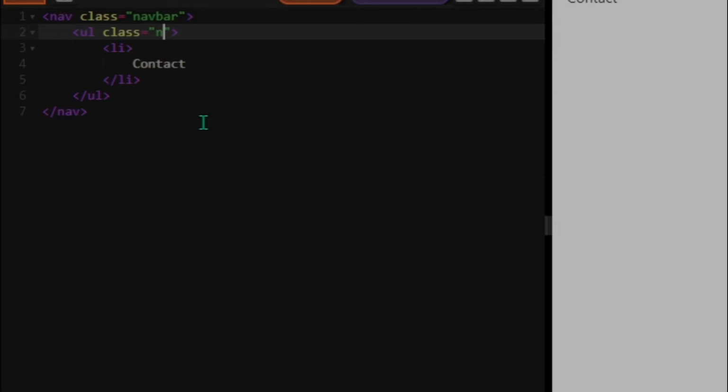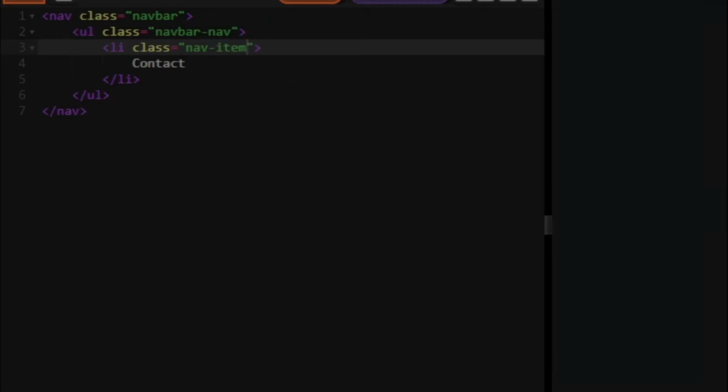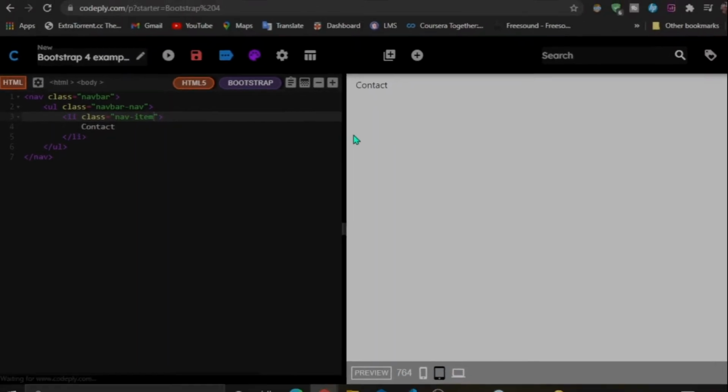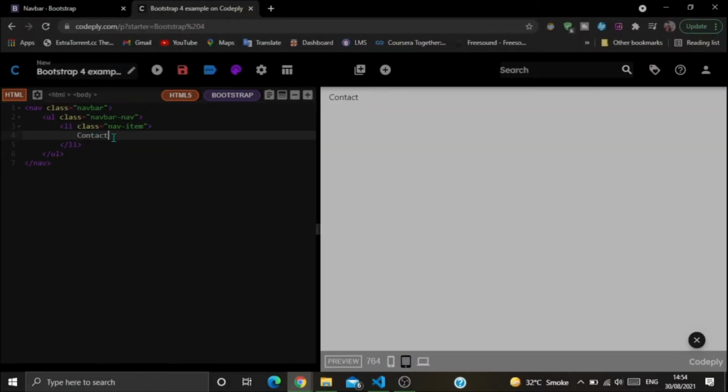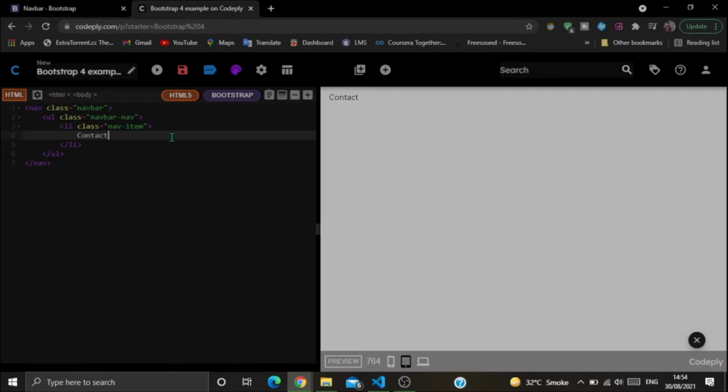And for this we are going to use navbar-nav. For the list, its predefined class is nav-item. Add a link here, and let's see here in the link tag we need to add something like this: